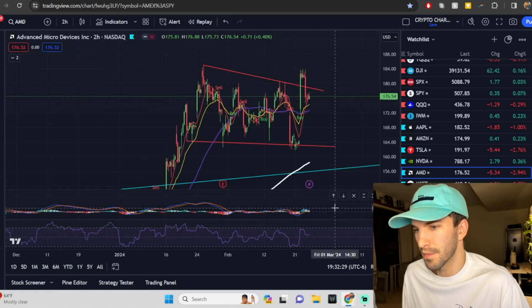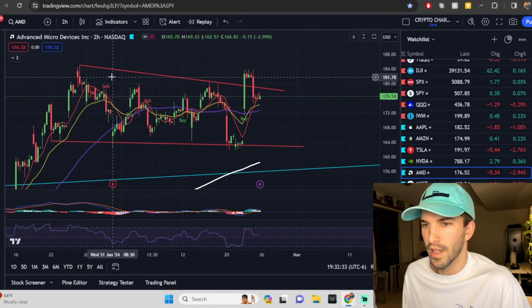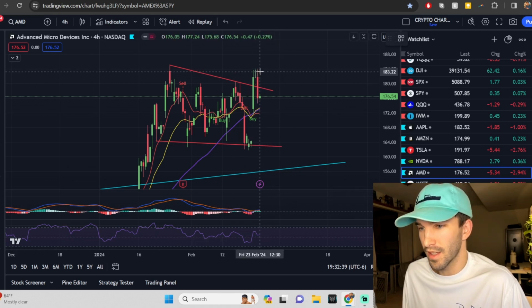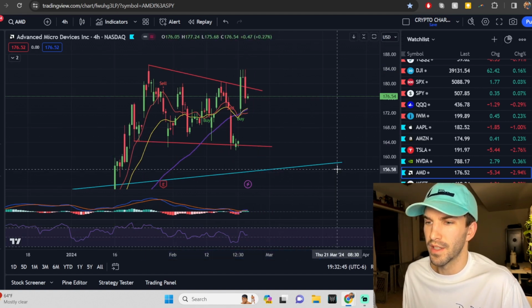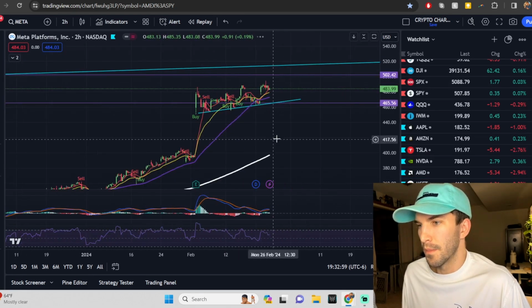The 2-hour was something we were paying attention to, seeing if a big divergence could form, and really the 4-hour might be a better one, right? We see this right next to that negative territory. We're seeing that selling come in at the high again. If this wants to go into negative territory on the 4-hour, break through this base, we can see that negative trend begin. The last one I wanted to point out to you guys was Meta, and I'm actually going to